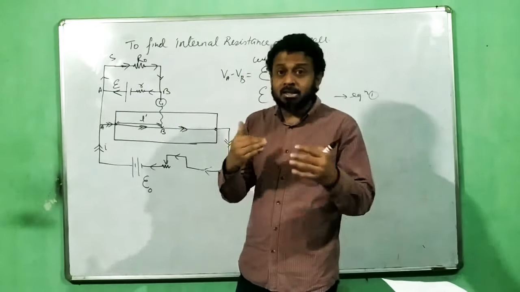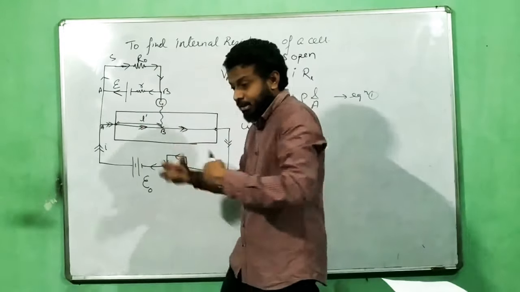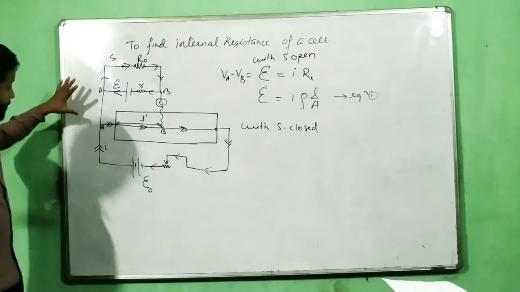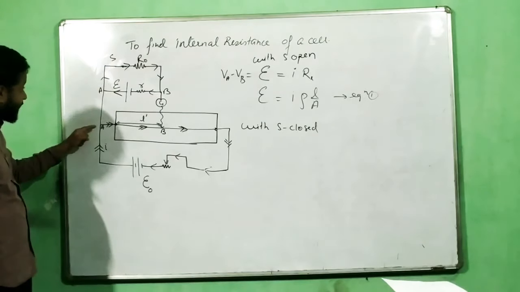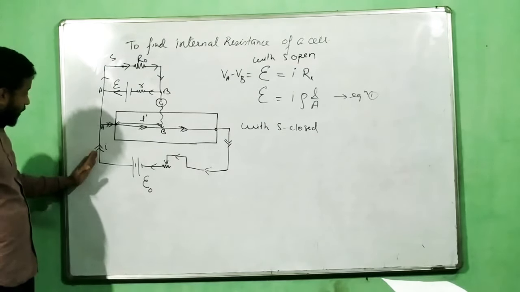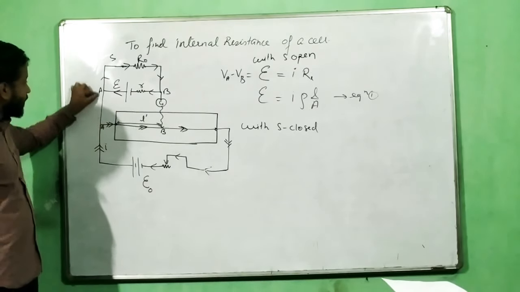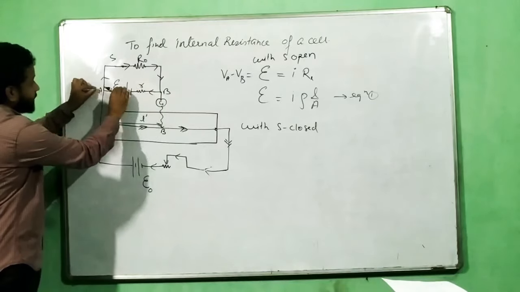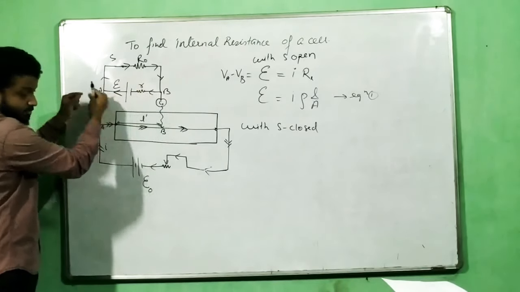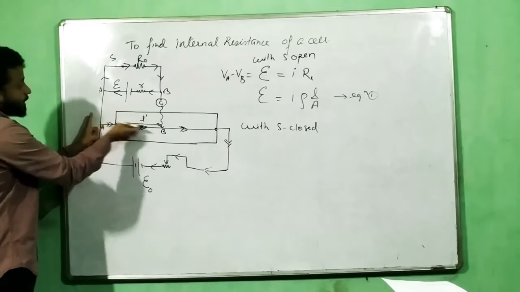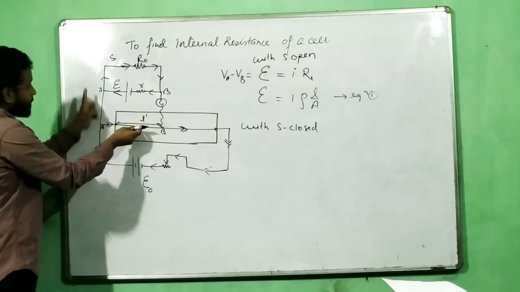Remember, in the unbalanced condition the currents will intermix with each other. That's a very important thing. In the unbalanced condition, the whole current coming from here will not go in this direction. Some will go in this direction and will come with this, and these two will add up. Just imagine it like this. This is coming here and the whole thing is not going over there. Part goes there, part goes here.